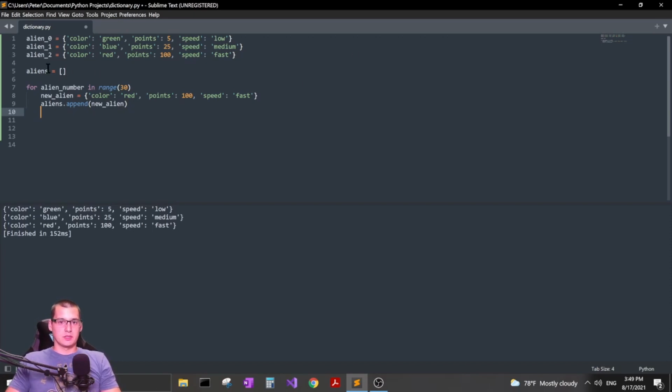So this is our empty list up here. This is our for loop going through basically a range of 1 through 30, and it's going to loop through 30 times, and for each loop it's going to create a new alien, and it's going to add it to our list. And then we can go ahead and print